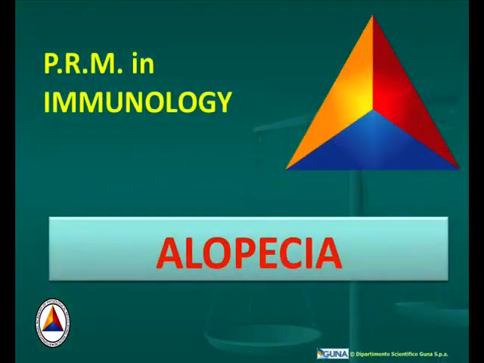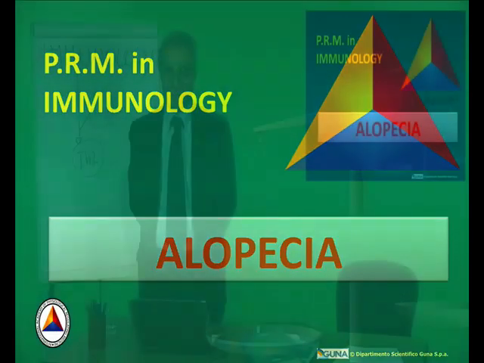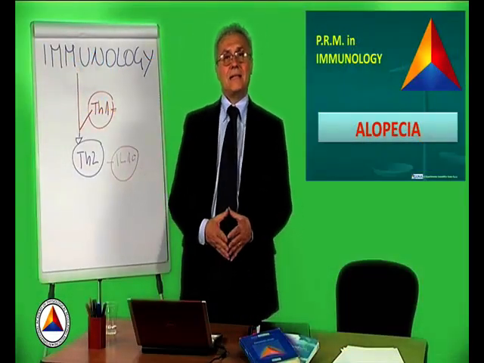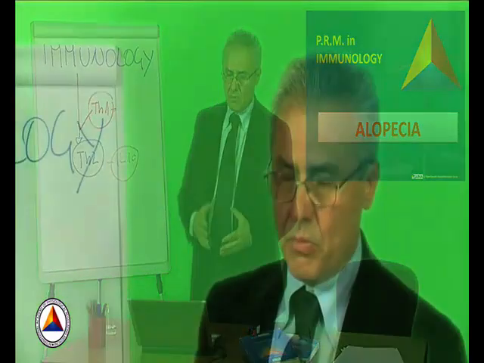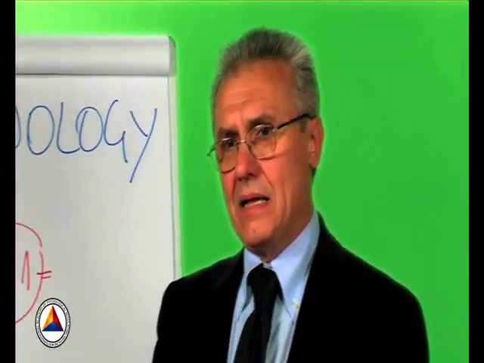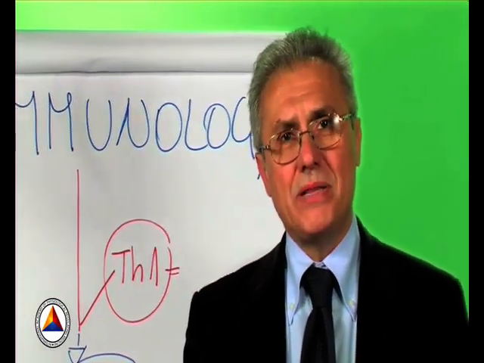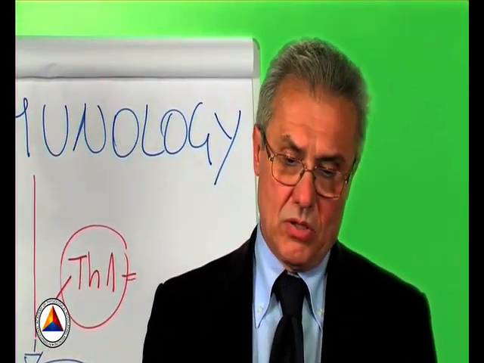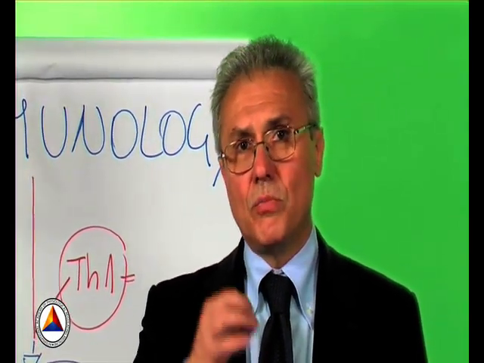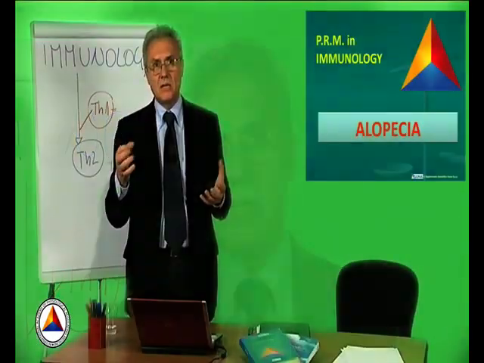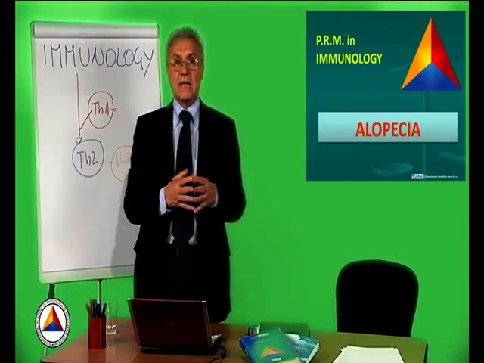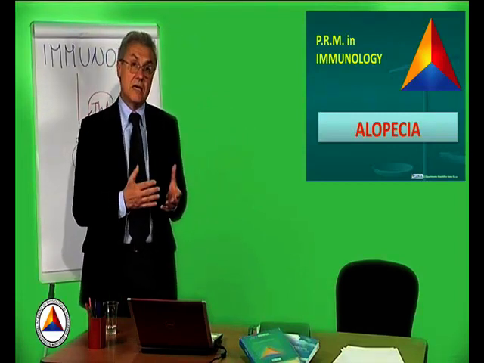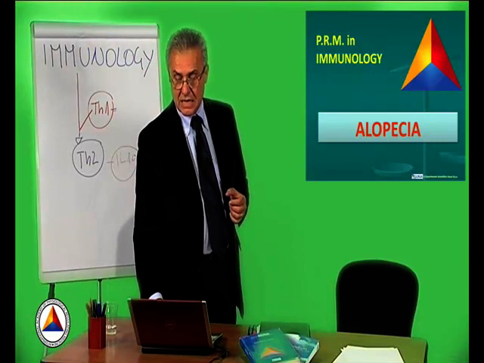Alopecia is another very complex and common autoimmune pathology. And in it, we can also see various stages, and the various stages are correlated to various activations of the immune system, somewhat similarly to what we have just seen with rheumatoid arthritis. Alopecia, therefore, presents a first stage in which the typical spot appears on the head, a spot that can sometimes regress once the moment of stress has passed, namely, the moment that triggered the autoimmune disease. Sometimes, however, this spot does not regress, and localized alopecia becomes generalized alopecia.